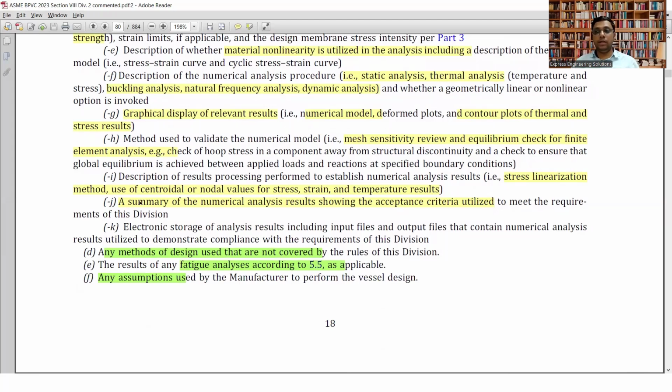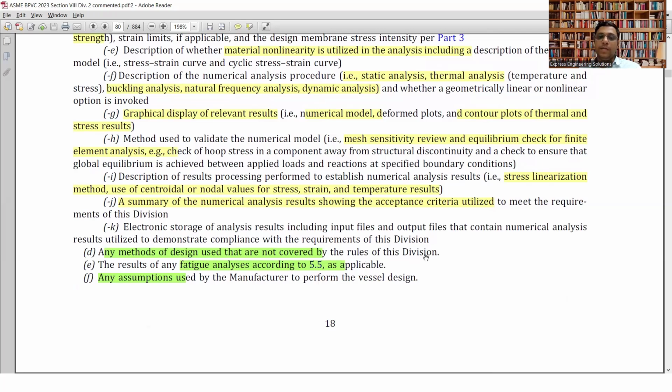Then linearization method, what has been used, use of the centroidal or nodal values. Then summary of the numerical analysis. All these things are related to the FEA. So if design by analysis is there, then all these things needs to be mentioned as a part of that particular report. And then comes any method of the design used that are not covered by the rules of this